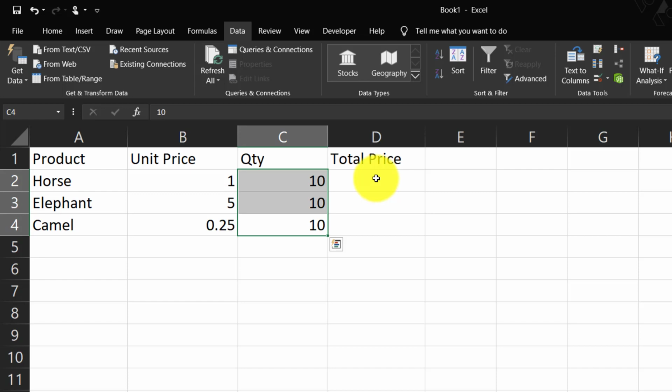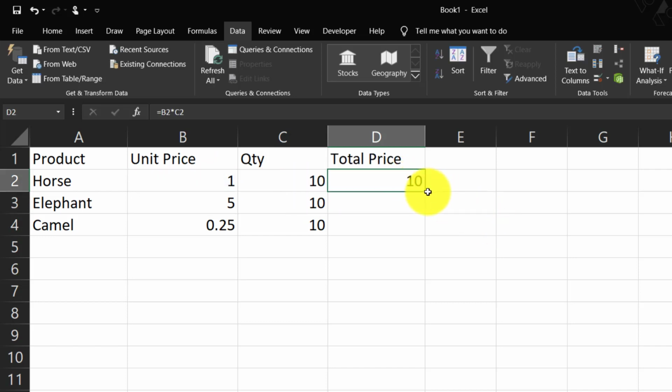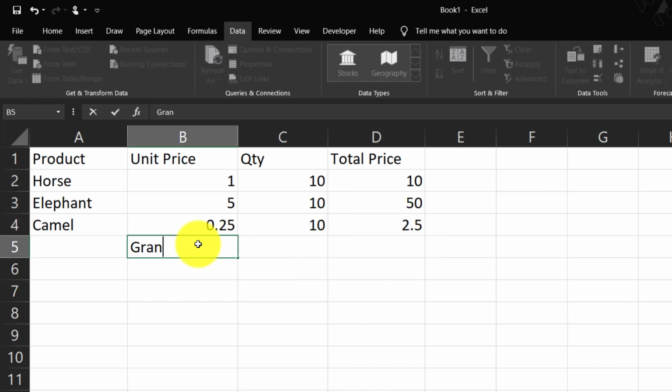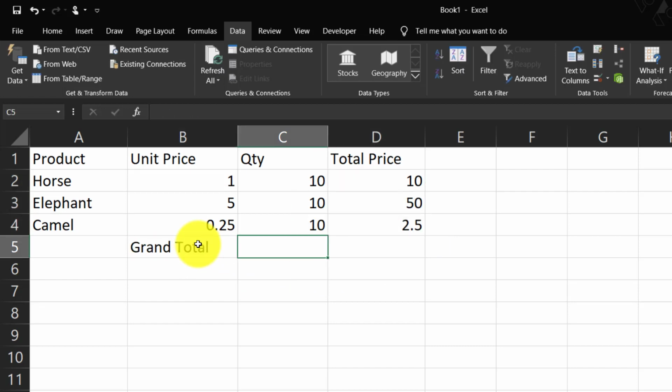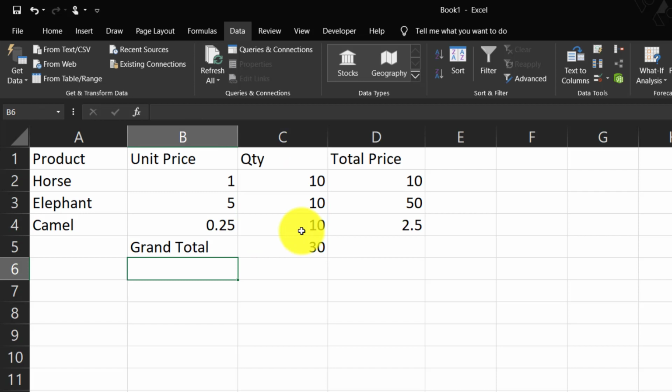Now the price would be a product of unit price into quantity. Drag the cell formula downward and we get the same applied for the next two items as well. Then let us add a row for the grand total using sum function on quantity as well as the price. You know this is required.